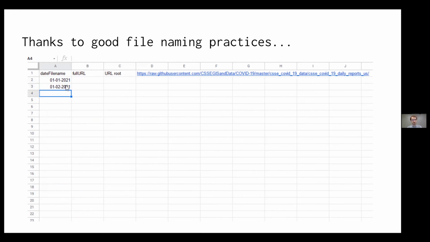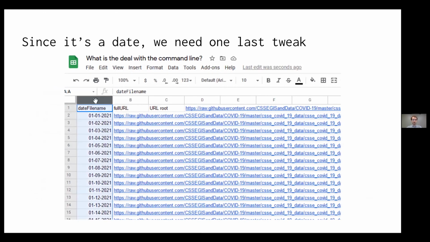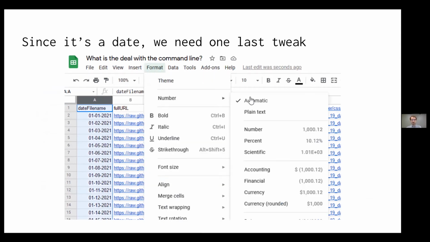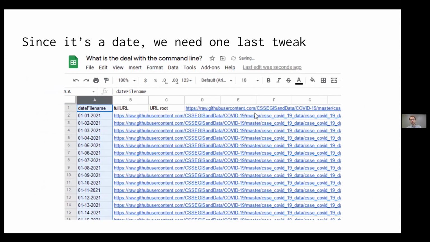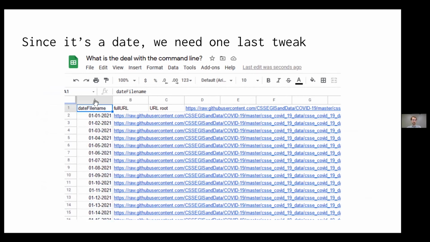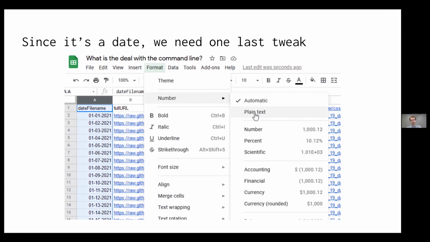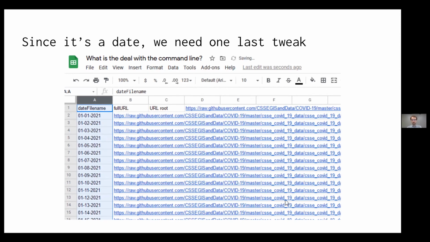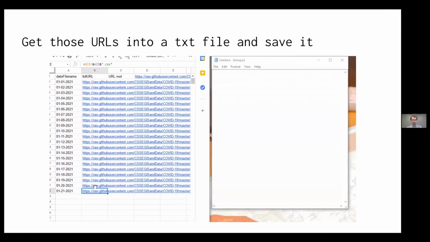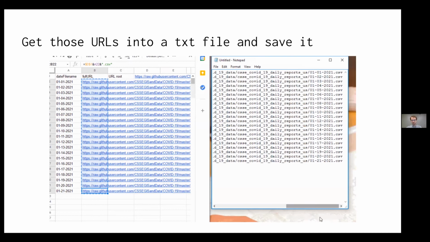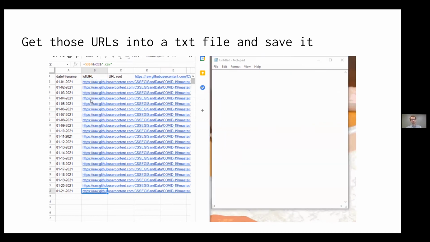And that's because we need to change the format of this column to plain text, so it won't treat it as a date, which in turn actually stores it as a number. We want it stored just as plain text. So we do that, and voila, you get a bunch of URLs. And now we can take all of those URLs, just do Control-C, copy them, paste them into Notepad, save that